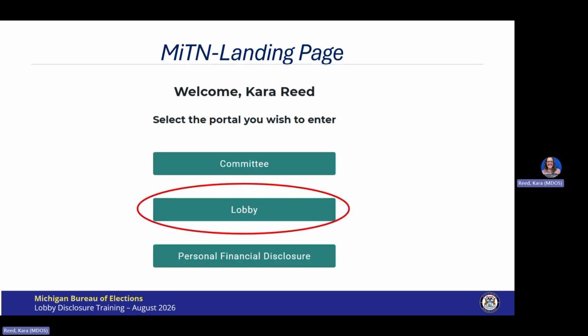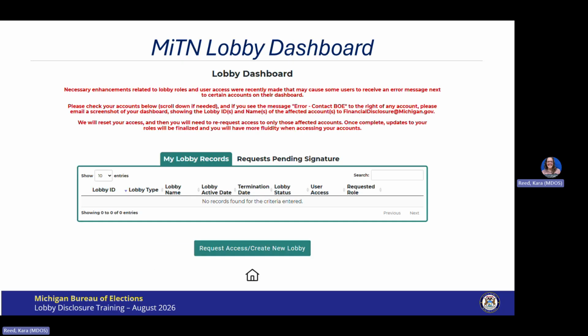For lobby disclosure, you will utilize MiTN to manage a registration and file your financial reports. We are now taking a deep dive into the functionality of MiTN and how to use the module. Once you enter the lobby module, you will see the MiTN lobby dashboard.